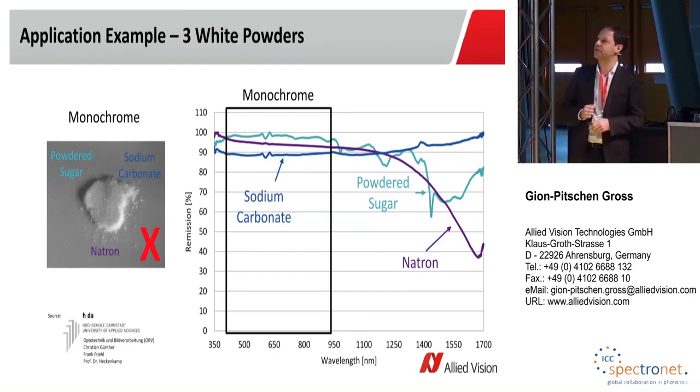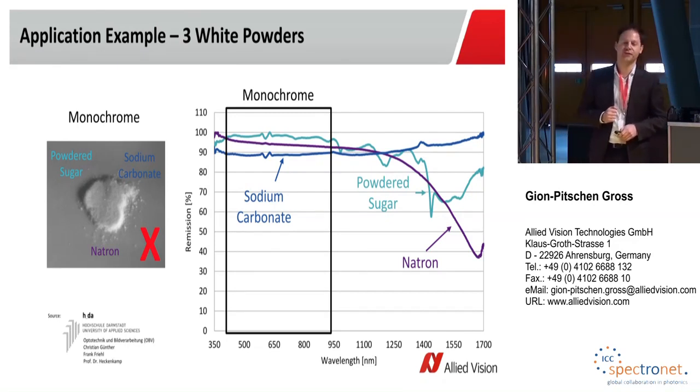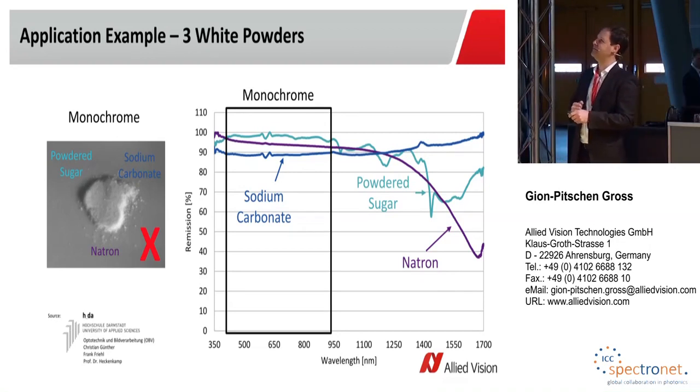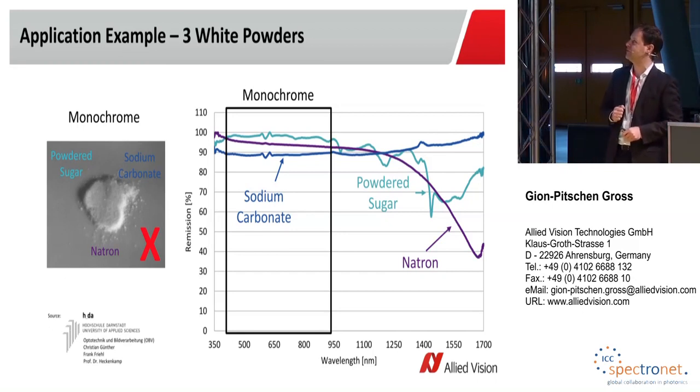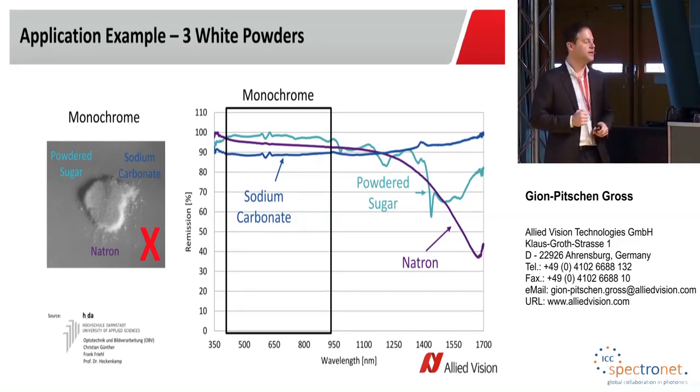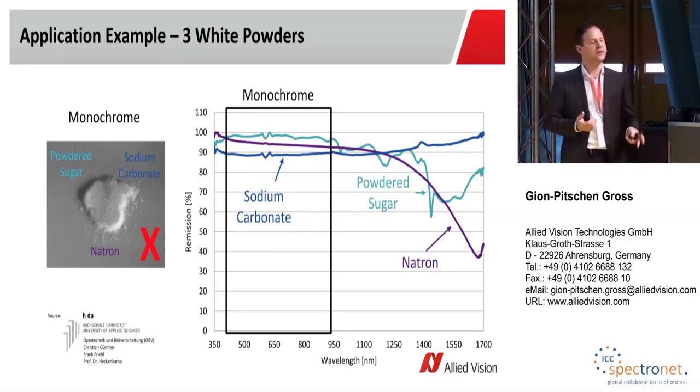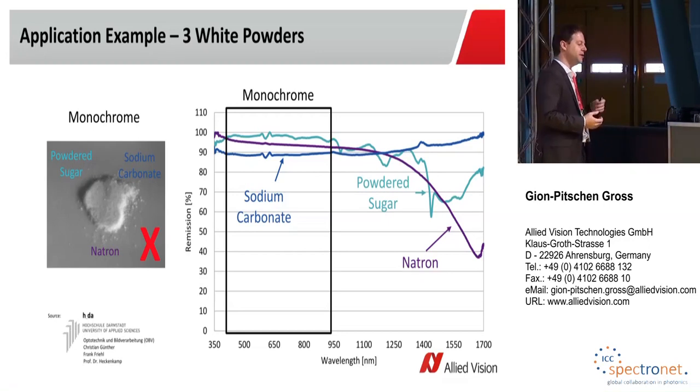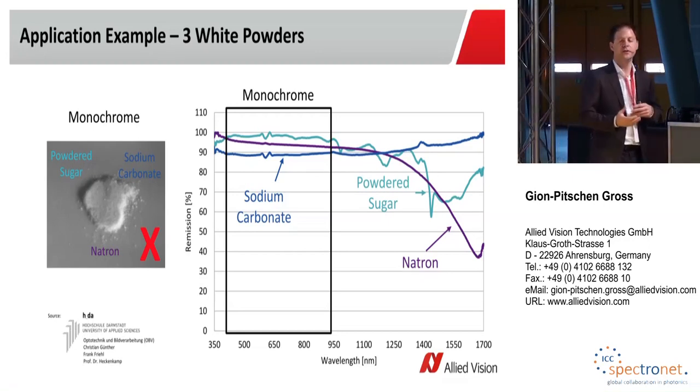The third powder on the upper left is powdered sugar. This is often sprinkled onto cakes, I'm sure you know. In the visible range again, the spectral curve is quite flat, but after around 1,000, it starts to get very interesting. This is an interesting characteristic in many materials, that we don't see a very interesting spectral curve in